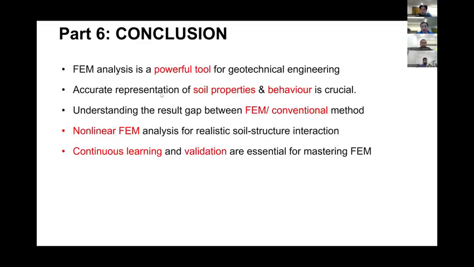Part 6 is the conclusion. We arrive at the conclusion for the FEM analysis. We found that it is a powerful tool for geotechnical engineering. The second is that accurate representation of the soil behavior is critical. The third is understanding the gap between the FEM method and the conventional method. The fourth is nonlinear FEM analysis for the realistic